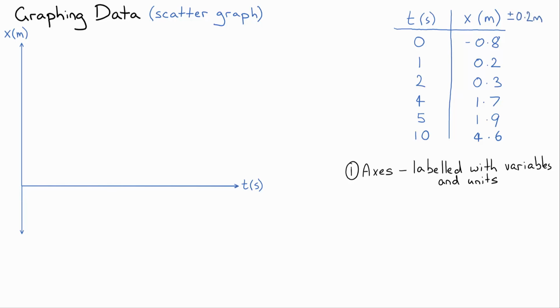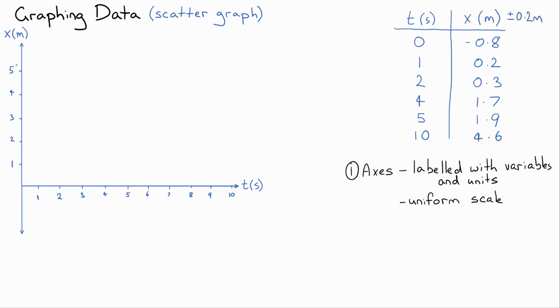The next important thing is that we need a uniform scale when we're drawing a scatter graph. Now if we plotted 1, 2, 4, 5, 10 on the axes like that, that would not be uniform scale. There would be different spacings between each of the divisions. So each of the time marks really needs to be an even spacing apart, and the same thing needs to happen for the position axis. So we'll take these away and draw all of those even spacings there, 1, 2, 3, 4, 5